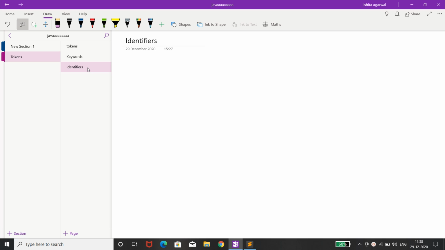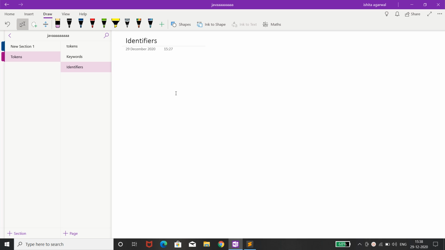These are the names which we give to a variable, method, array, class, interface or a package. Just like we all have some names to identify us, similarly the variables, methods, arrays, interfaces, packages and classes also have names to identify them. So this is a very basic definition of what an identifier is. That is, these are the names of a variable or method or an array or a class or an interface